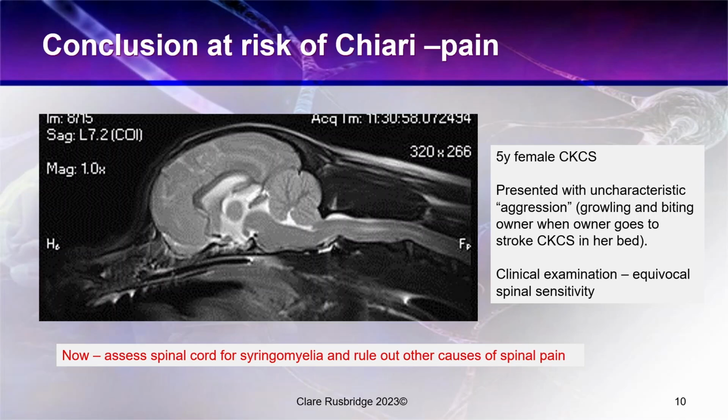But now we need to assess the spinal cord for syringomyelia, and we need to rule out other causes of spinal pain, because obviously in this dog presenting with aggression, we have to look at the whole picture. But uncharacteristic aggression in this dog in a predisposed breed, it's very important to consider that the dog might be